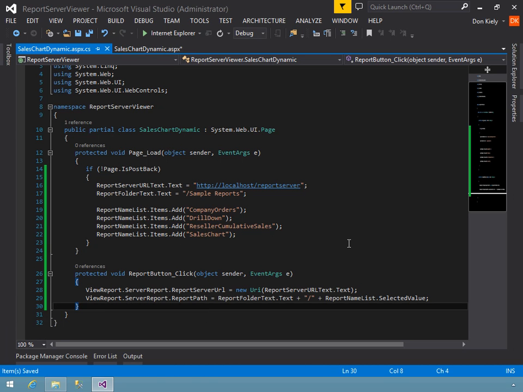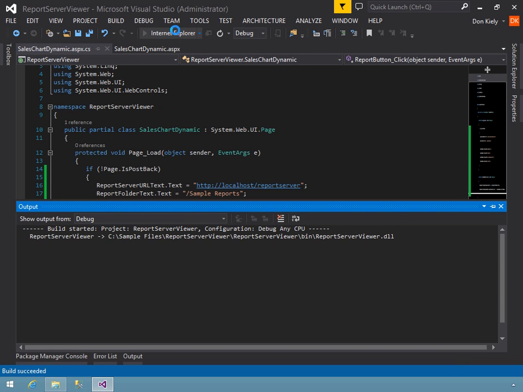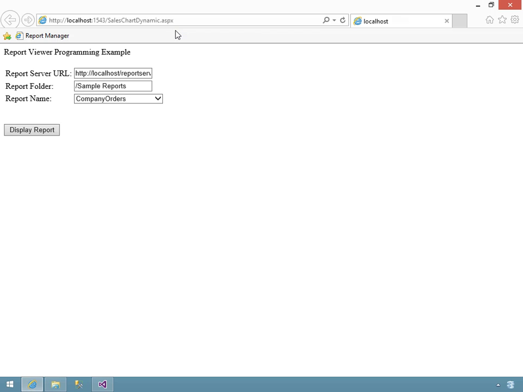All right, so to recap, when the page loads, I set some of the user interface stuff, get it set up for the user, and then here's where I'm programming the report viewer dynamically at runtime. The user clicks a button, it takes the selections and assigns the properties of the view report control in order to display the report. All right, so I'll go ahead and run this. All right, so there we have the localhost. I need to widen that text box a little bit. I have the list of reports. So let's display the sales chart. I'll display the report,